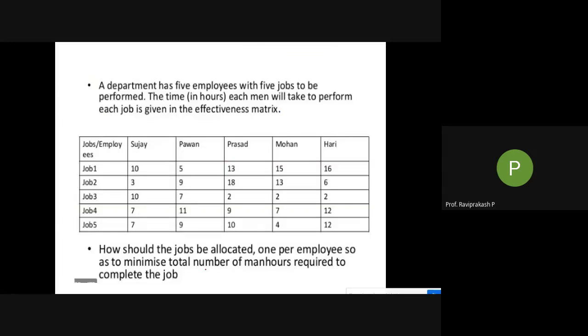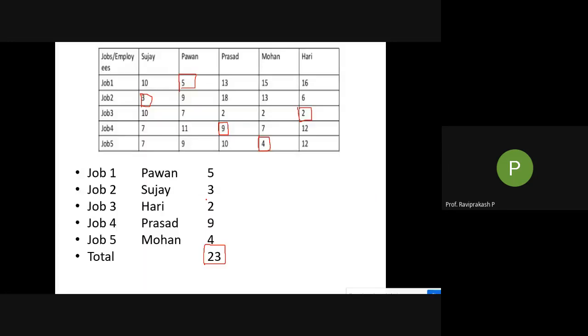In this case, they have put minimization: minimize total number of man hours required. So minimize is there, right? So we need to take directly. We should not take the highest one and subtract. Here all are one digit, but there are some two-digit numbers as well. In some cases we may get two-digit numbers also, but that would be the lowest one. Here we want the lowest value, so we are doing it directly and not taking the highest one and subtracting all other values. Okay, got it, Harshal?